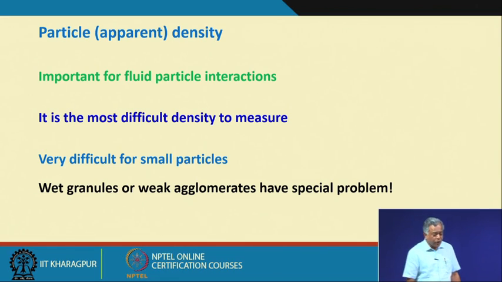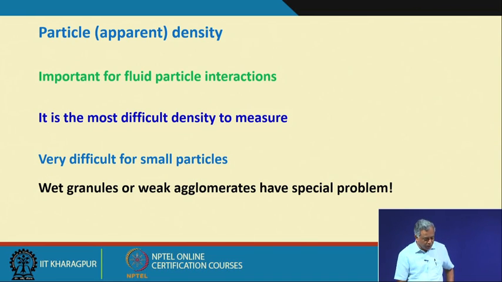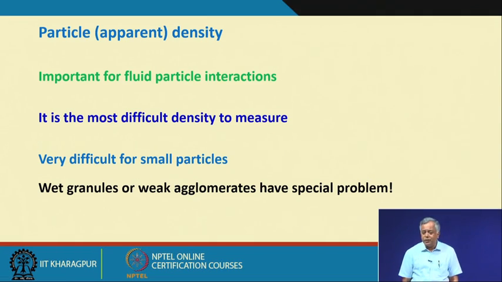So, this information many a times is vital for designing your separation equipment. It is very difficult for small particles to measure the particle apparent density, because